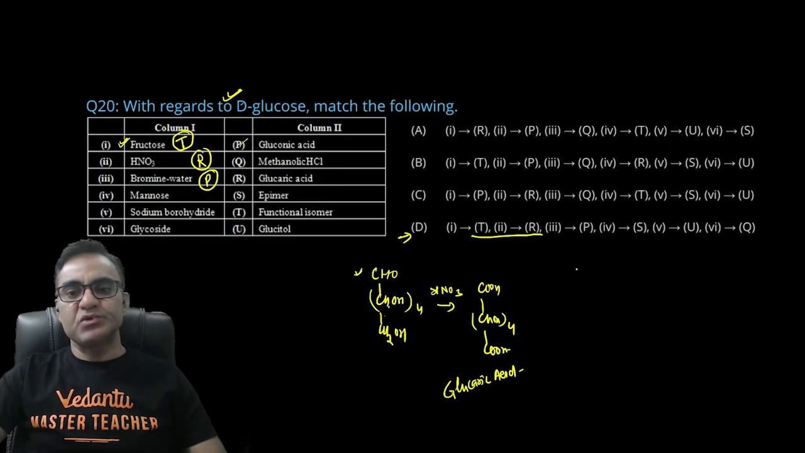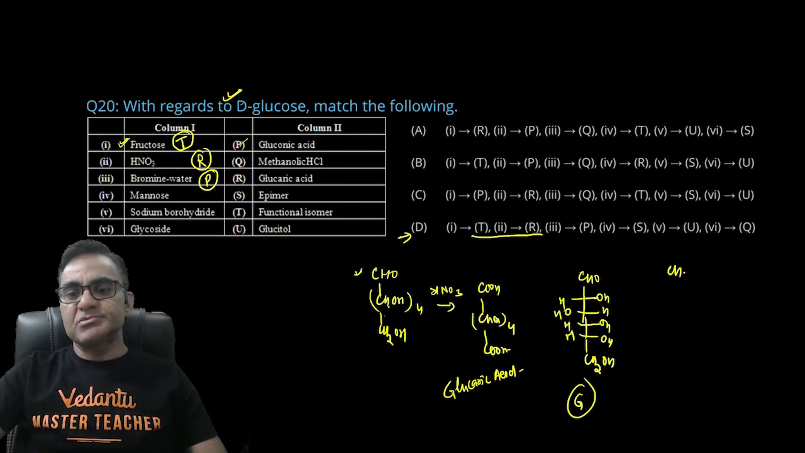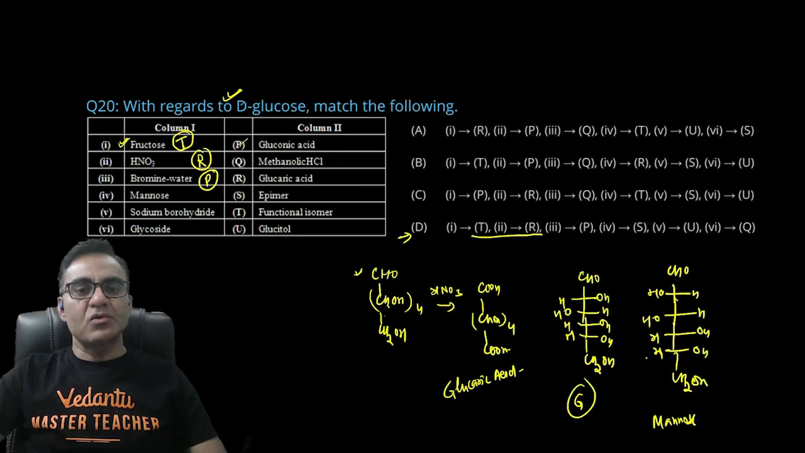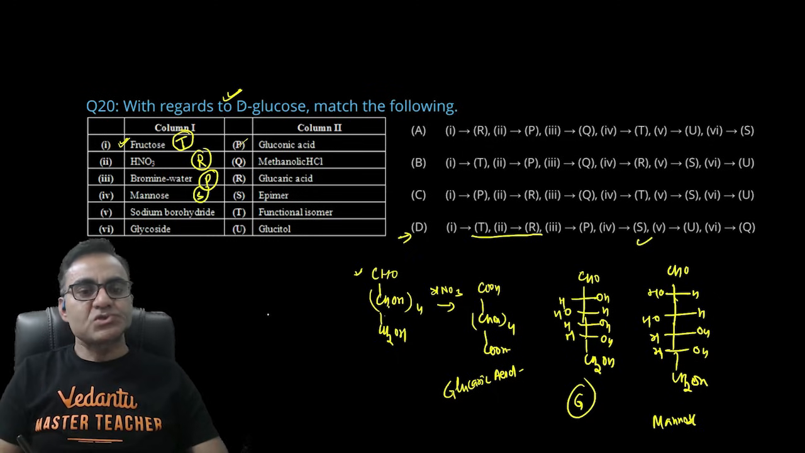मैनोज एक तरह का एक्चुअली इपीमर होता है, C2 इपीमर, इपीमर बोलते हैं जहां पे एक कायरल कार्बन का कॉन्फ़िगरेशन डिफर कर रहा हो। जैसे ग्लूकोज का जो स्ट्रक्चर है CHO, OH, H, OH, OH, CH2OH, राइट, ये आपका ग्लूकोज होता है। और मैनोज में जो सेकेंड वाला कार्बन है ना, यहाँ पे कॉन्फ़िगरेशन चेंज होता है, यहाँ पे OH, ये मैनोज होता है। ऑलराइट, तो मैनोज और ग्लूकोज एक दूसरे के इपीमर होंगे, तो ये S हो जाएगा, 4 के लिए S आ रहा है।